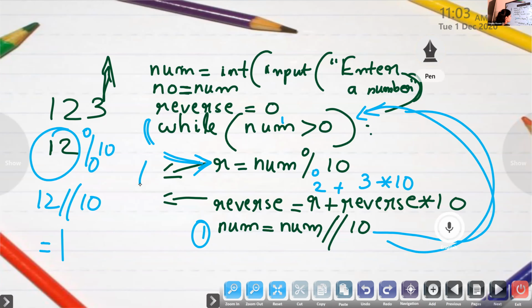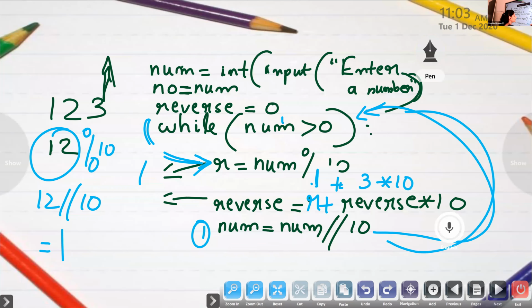Then again, reverse is equal to R plus reverse into 10. What is the value of R? 1. 1 plus reverse into 10. What was the previous value of reverse? 32, right?